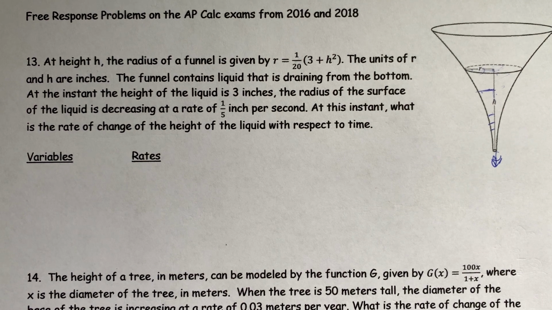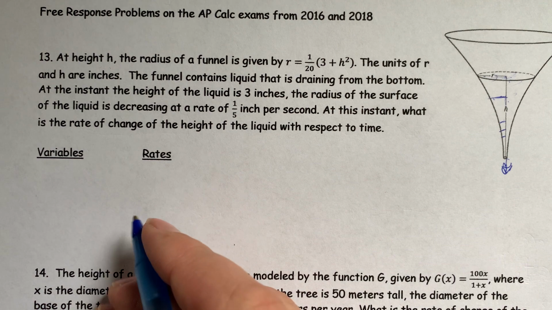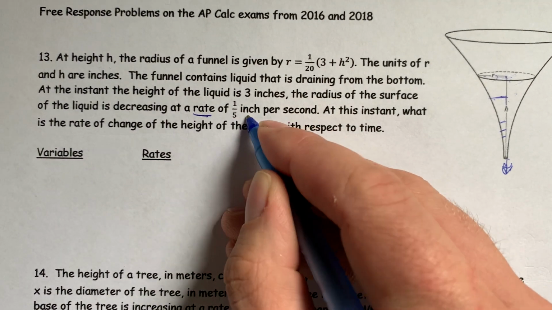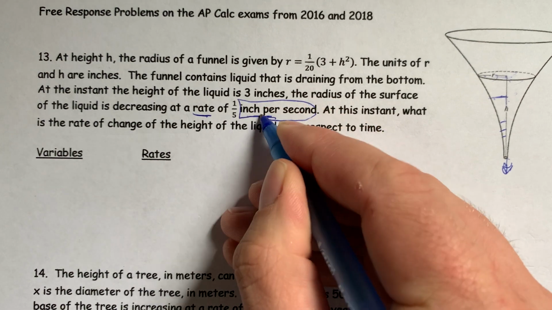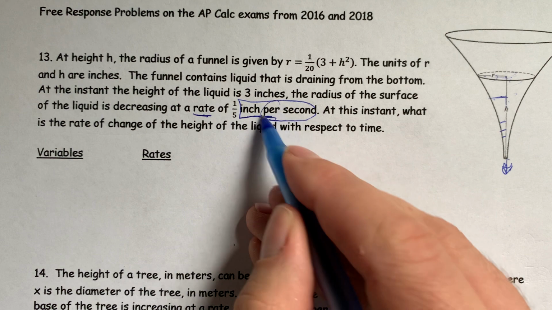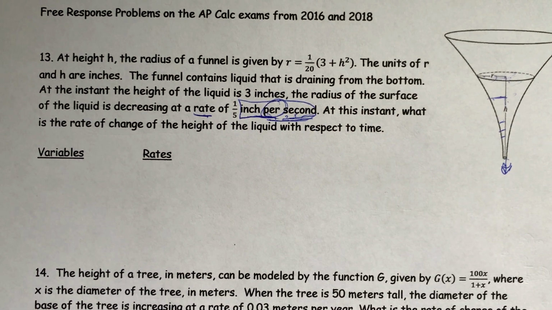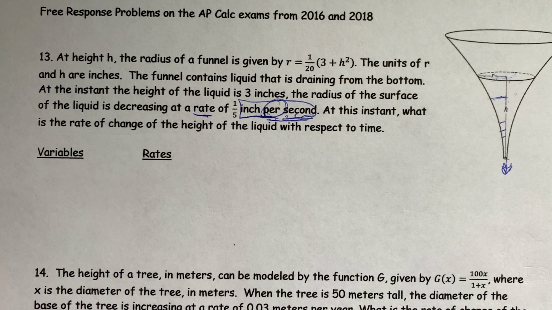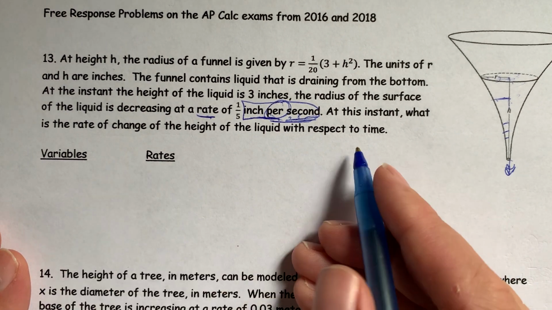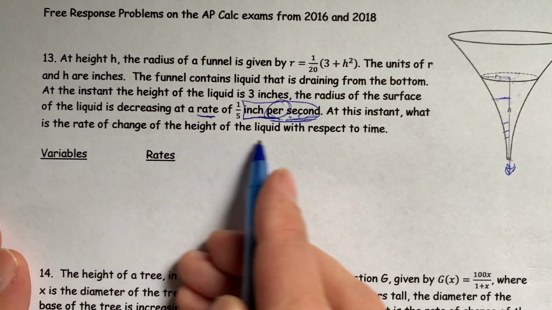So in related rates problems, the tip-off that you're dealing with related rates is that it tells you a rate. It's a rate of 1/5 inch per second. They could say just "decreasing at 1/5 inch per second," and seeing that it's a rate with time in it should tell you that it's going to be a d/dt kind of situation. And it's even more specific here. It says, at this instant, what is the rate of change of the height of the liquid with respect to